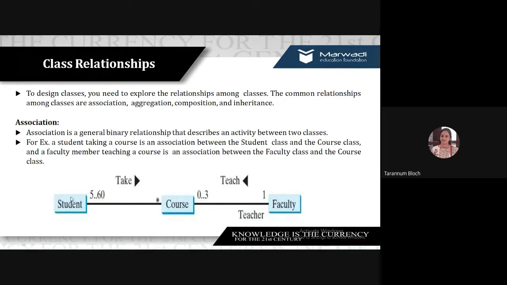Here, student is a real world entity, which means an object. A student will have various properties: student ID, first name, last name, age, admission date. And this student is taking admission in the course. So course will have course ID, course name, course duration, 1 week, 2 weeks, 1 year, 5 years, depends, right?